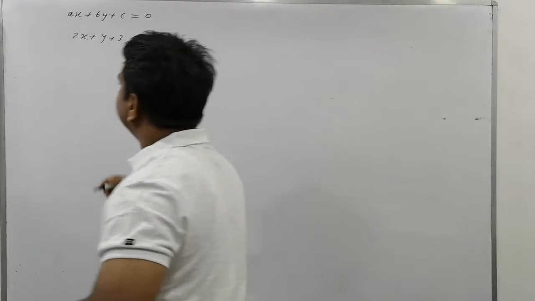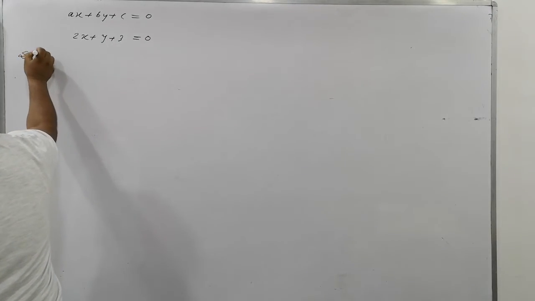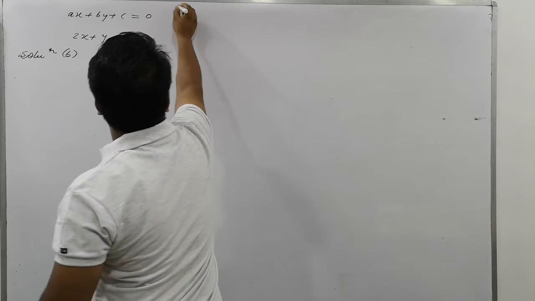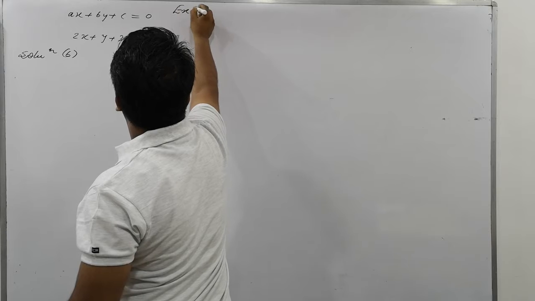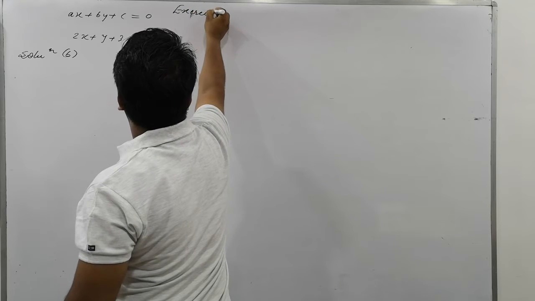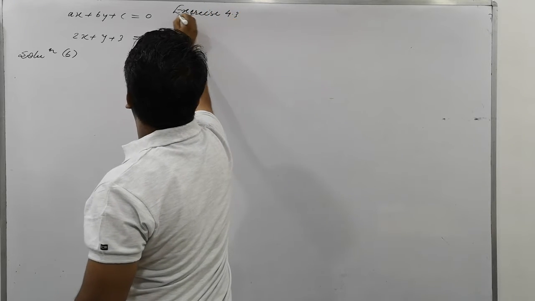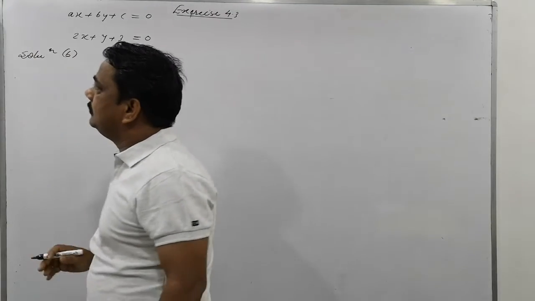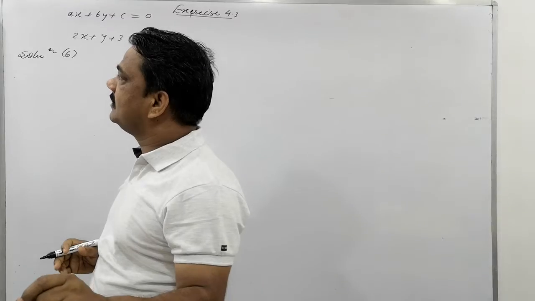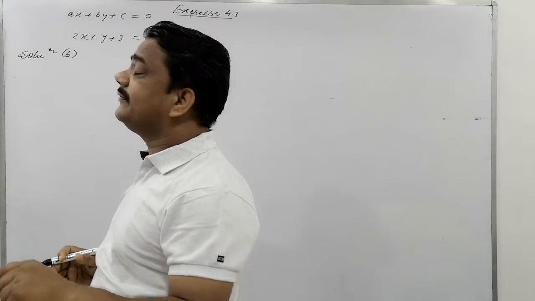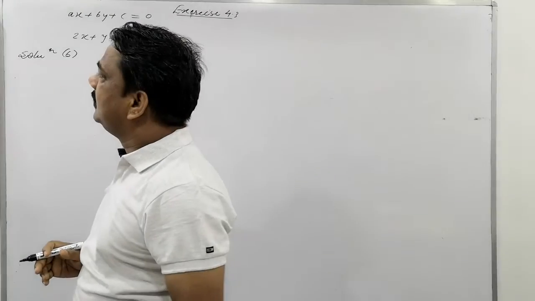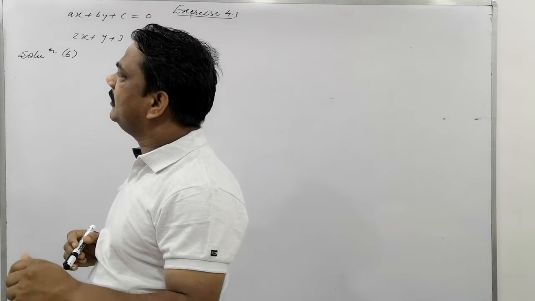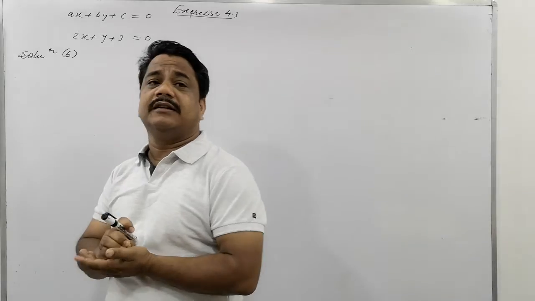It's very simple here. You may ask what solution we are making. The solution number 6, we are solving exercise 4.3. Is that clear? The force is proportional to... what is that here? And a constant force is proportional to. Is that clear? The distance traveled by the body, means work done is directly proportional to, means work done, what